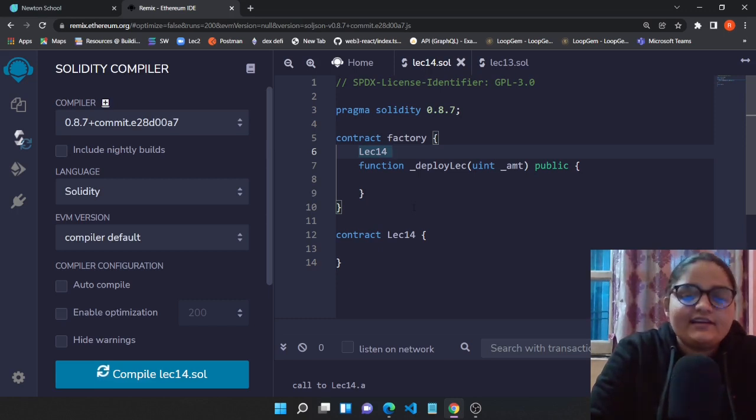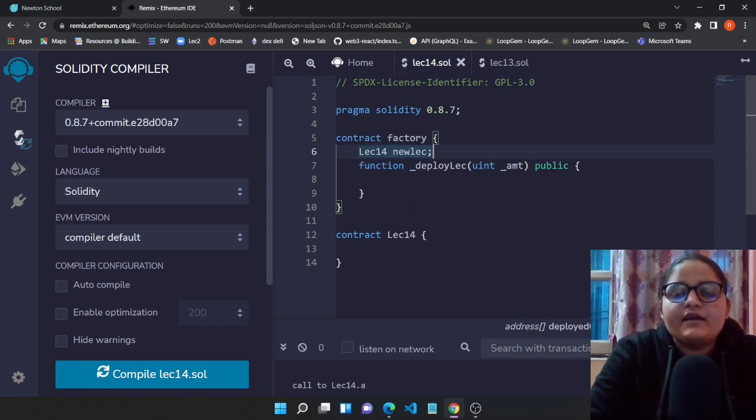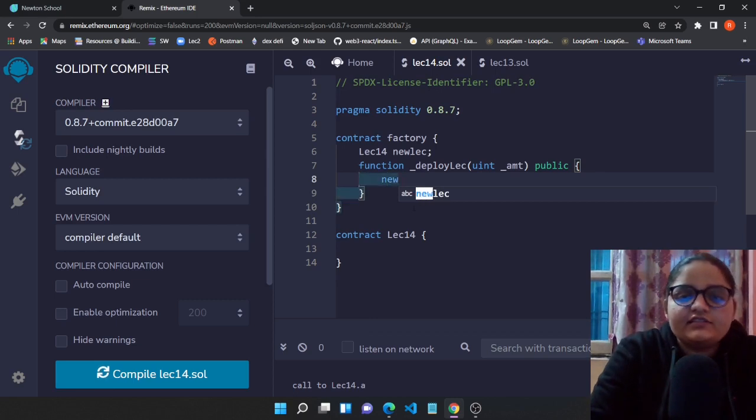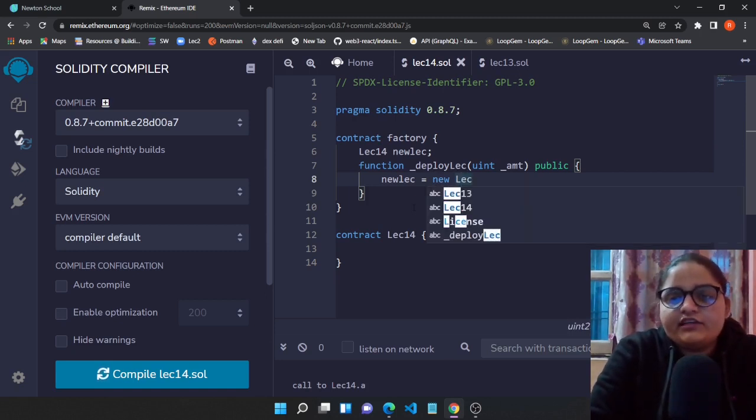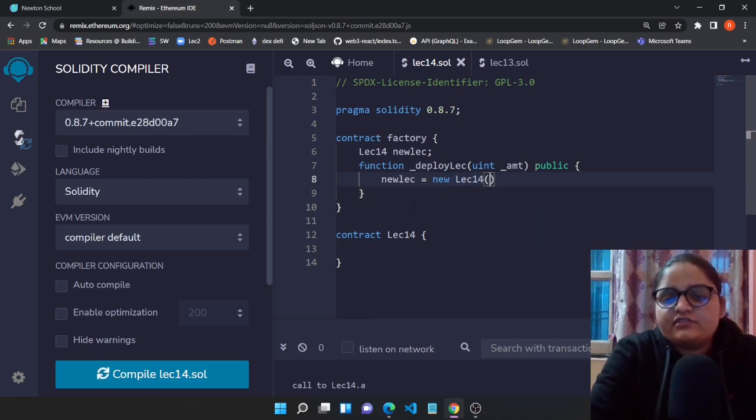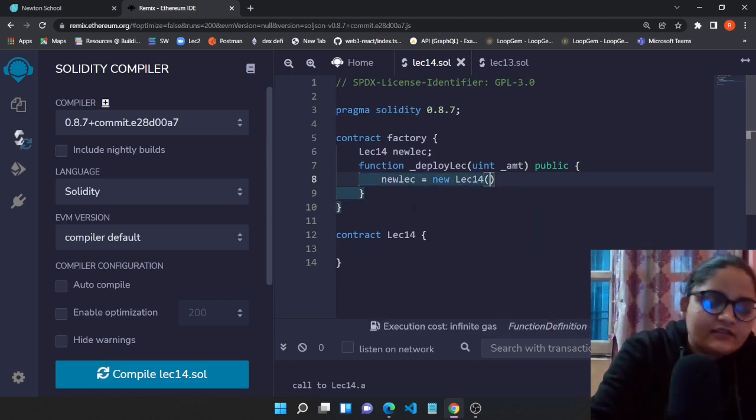And let's create an instance. So let's say newLeg, and within this function we will say that newLeg will be equal to new Lecture14, and this Lecture14 will be taking this amount with it.